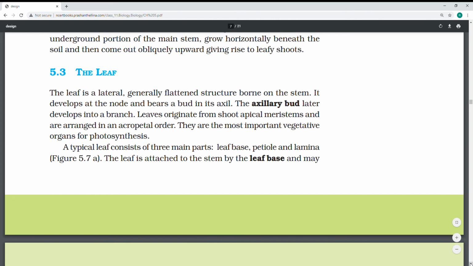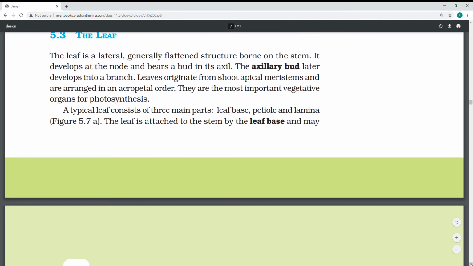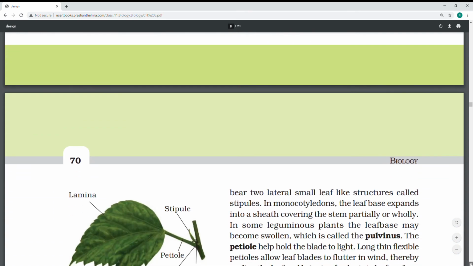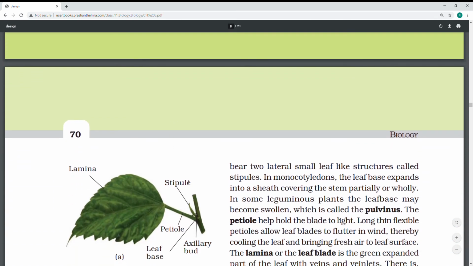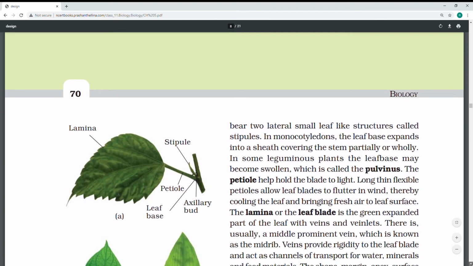If you see the leaf diagram, it will have apex and margin, blade, leaf vein, midrib and veinlet. See this diagram. See, the stipule is there. This is the hibiscus leaf. This is not a thorn; this is called a stipule. The connection between both of these is called the petiole. The outer portion is called the lamina, with a central midrib and the side ones being lateral. The swollen portion here is called the pulvinus, and then the leaf blade.